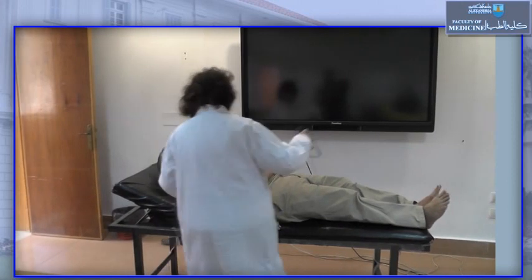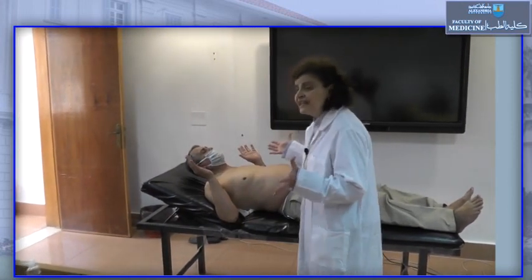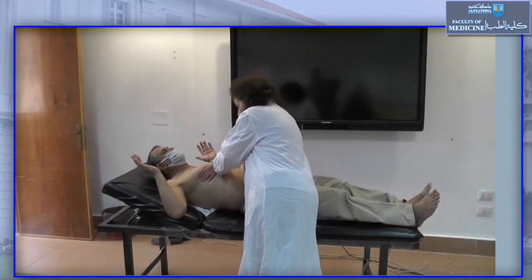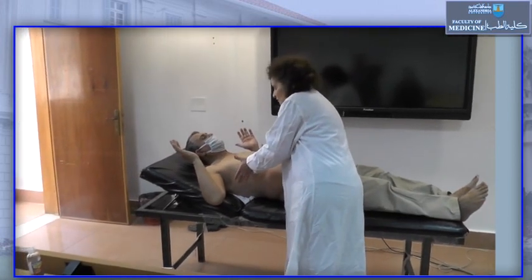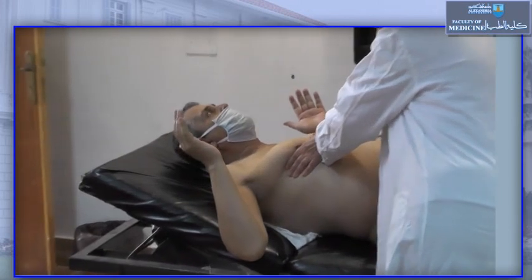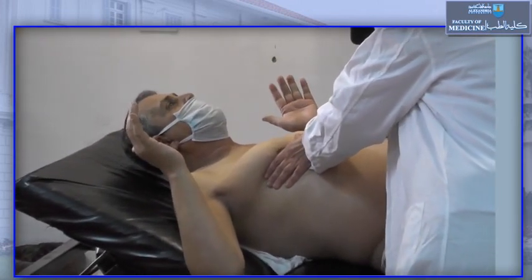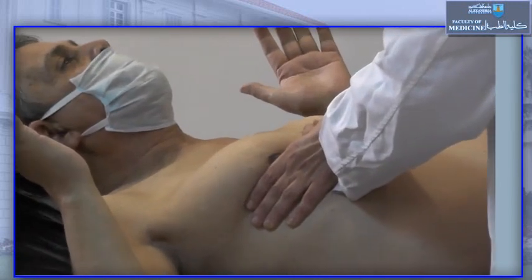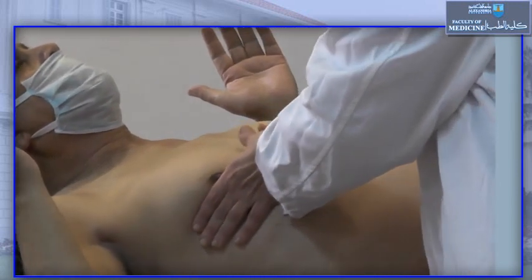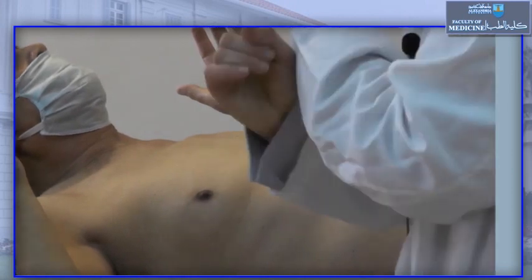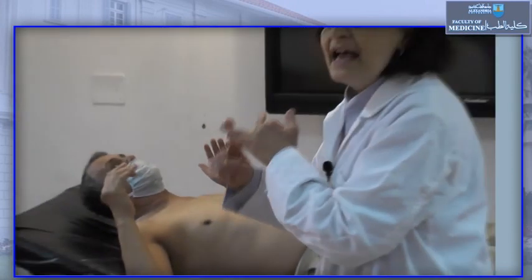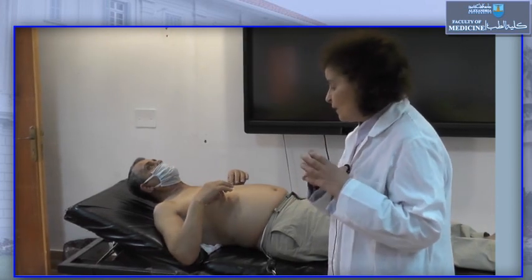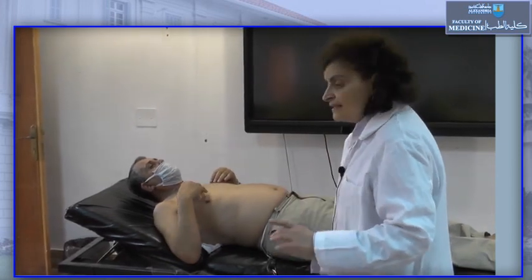Of course, we have to see the chest expansion as well, because as we said, the costovertebral joints. So we come at the level of T4 and we ask the patient to take a breath in and out. There is limitation of the chest expansion as well, which should be more than 5 centimeters. Here it's very much limited as well. Okay, so we have cervical affection, thoracic affection, and we also have specific tests where we see the sacroiliac